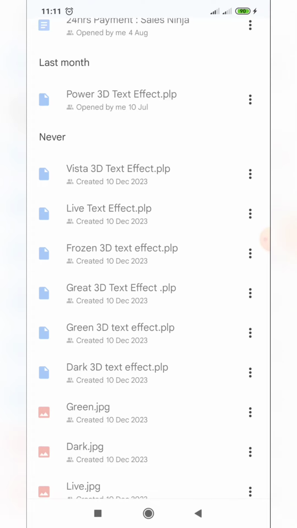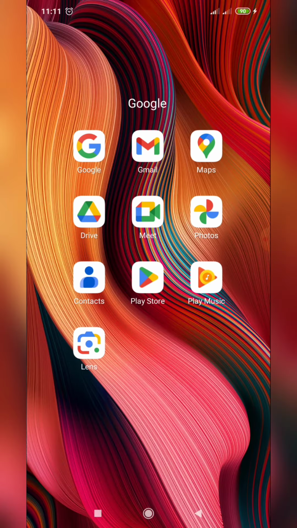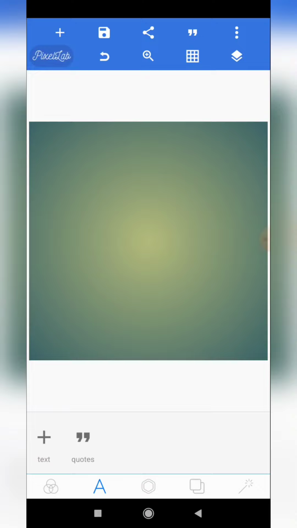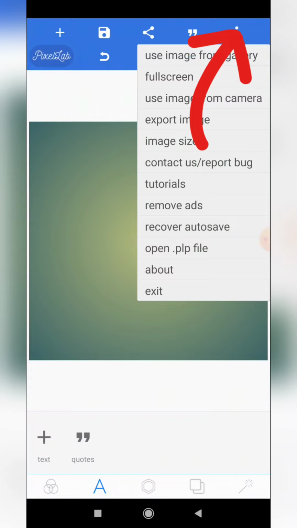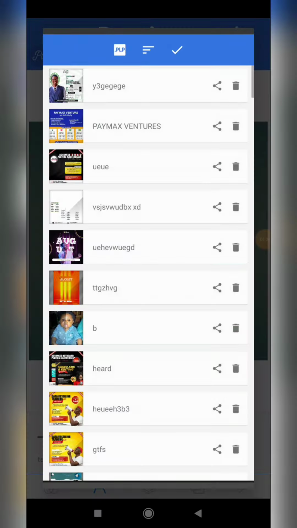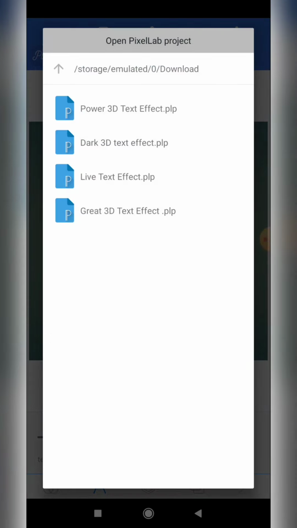Alright, so once you've downloaded it, you just need to go to your Pixellab application. After doing that, all you need to do, like I said in my last video, is to come over to this three dot icon and then click on .plp file. After that, you click on this icon here, and these are the text effects that I have downloaded on my device. I did not need to extract anything from anywhere. The text effects are already here. As far as they have been downloaded on your device, they will appear in this